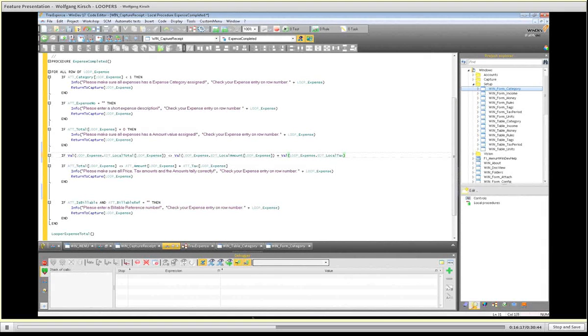Okay. So that converts the string to a value, and then you can do your math. Okay, that's it. So that is one way you can address each one, but unfortunately that section